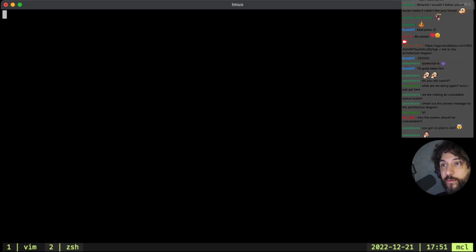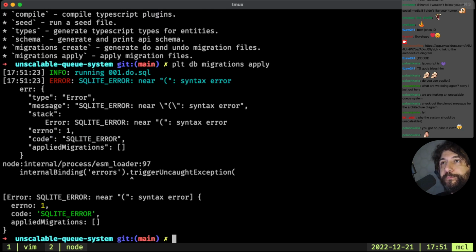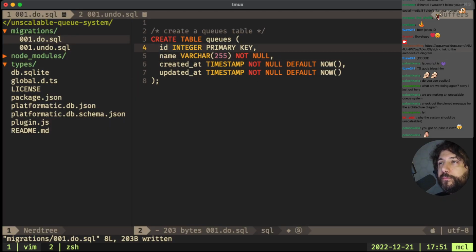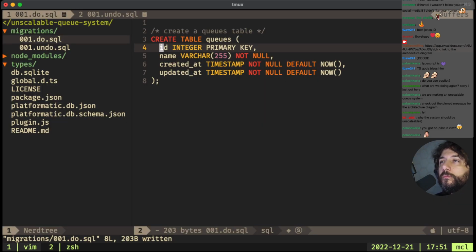Let's see if I messed something up. plt db migrations apply. Oh, syntax error. Huh, what did I do wrong? Maybe it's the timestamp.